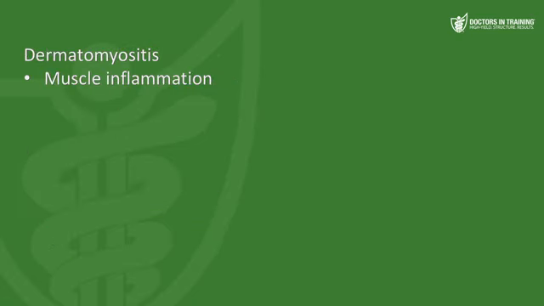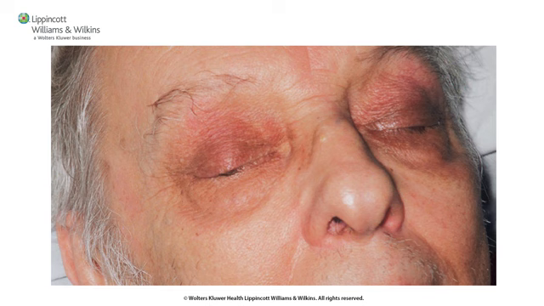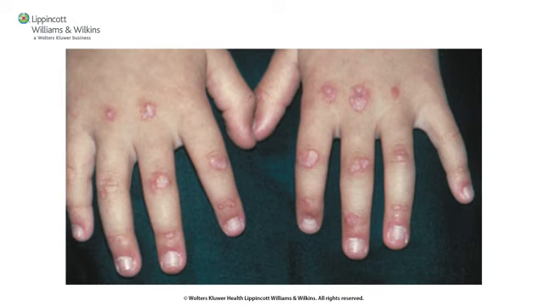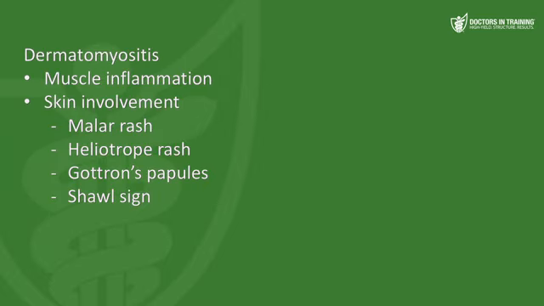Dermatomyositis is similar to polymyositis, but in addition to the muscle inflammation, you also have a skin involvement. There are several interesting skin manifestations associated with dermatomyositis, including a malar rash, like we saw with lupus, purple heliotrope rash on the eyelids, Gottron's papules, which are reddish, scaly papules on the knuckles and maybe on the elbows and the knees. There might be something called a shawl sign, where the rash is over the shoulders like a shawl draped over the shoulders, or a V sign, where it's in the anterior chest in a V shape, like a